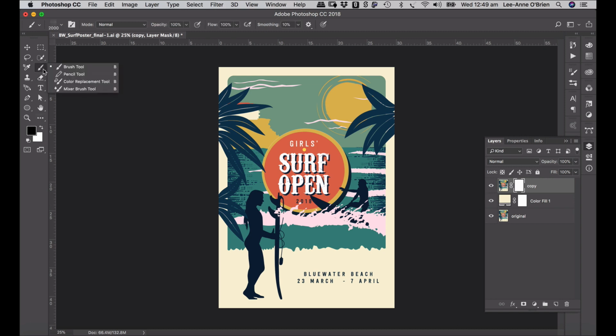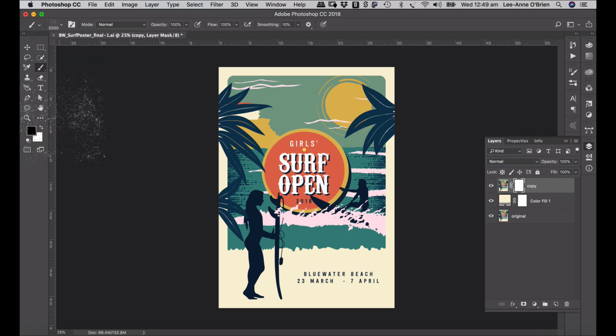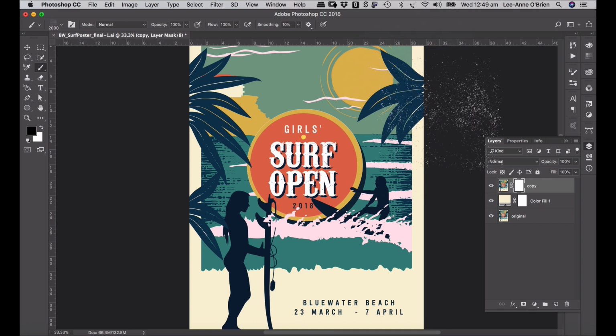So if you did the vintage Asian poster, there are some grunge brushes there, but I will add a link to the brushes here too. So our grunge brushes are over here, and they're really good for creating a bit of distressed look. So make sure you're working on your layer mask, not on your actual image. So click onto the white